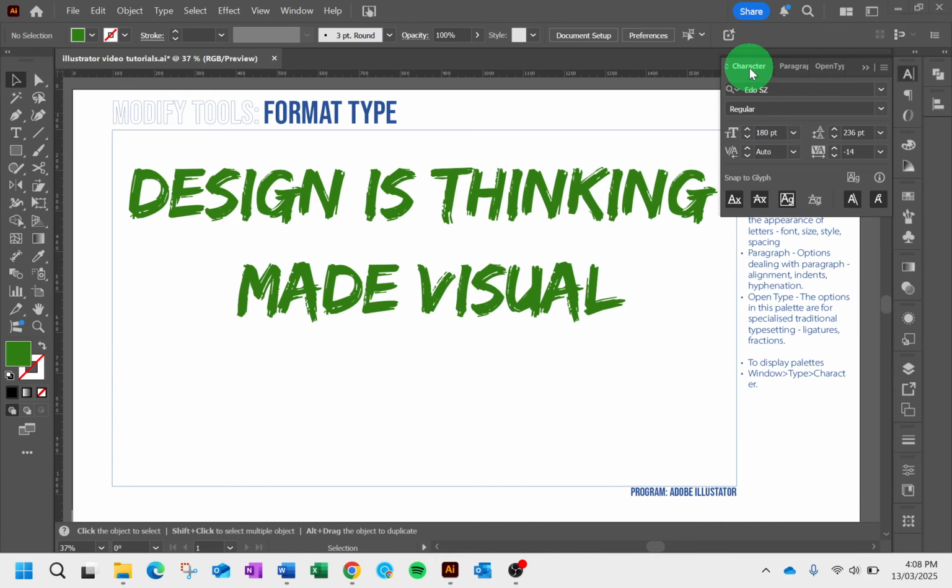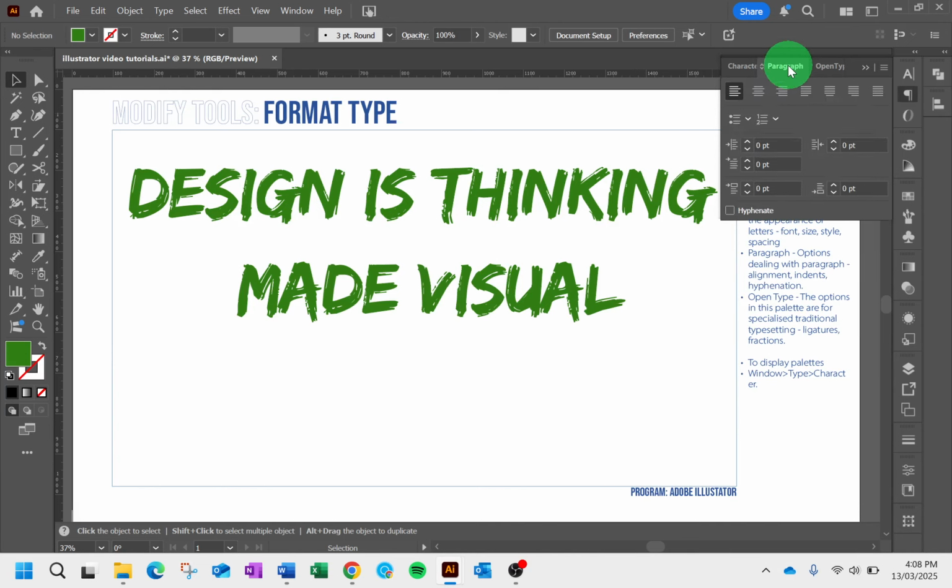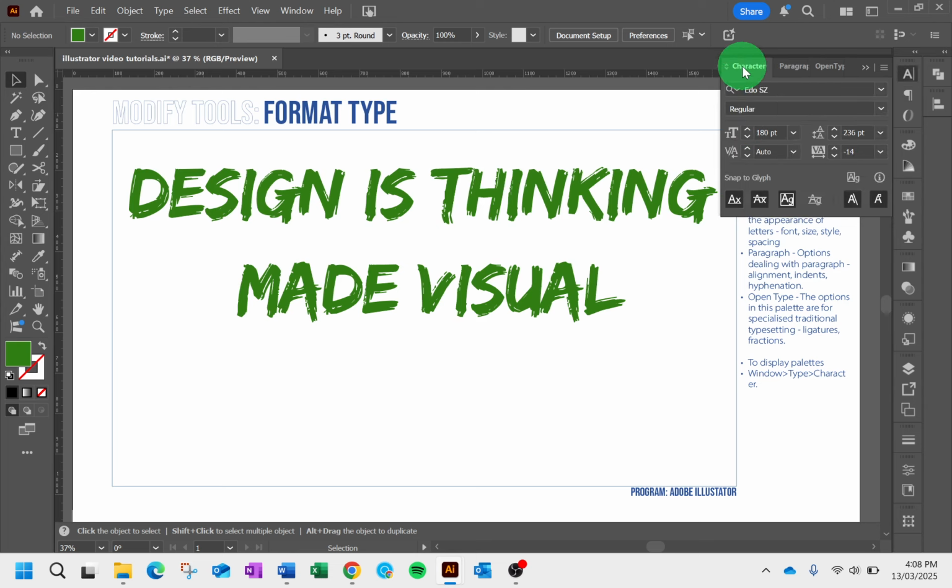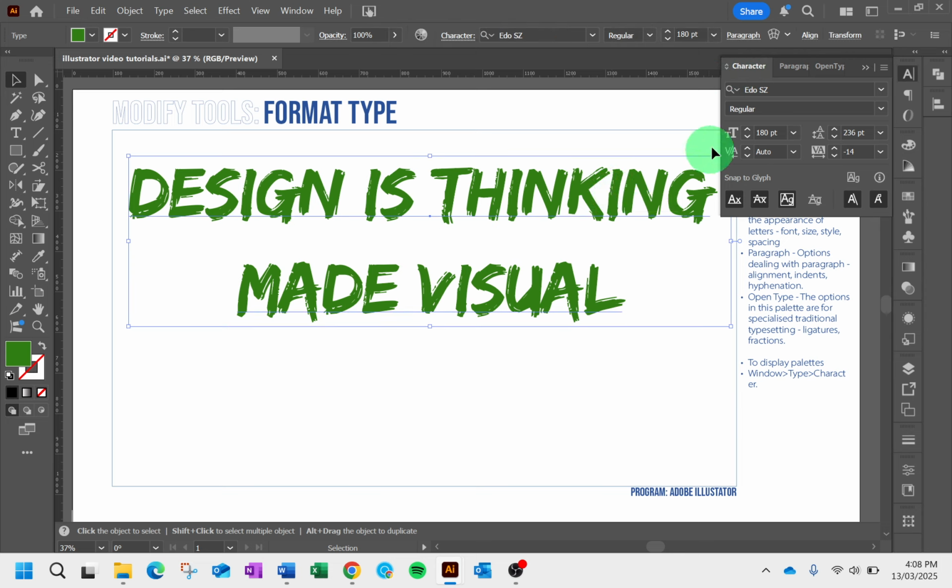And so notice we've got character and paragraphs. So if we want to align it or include hyphenations or any indentations. But predominantly you're going to be playing around with character. Selecting some text or creating some text, changing the font, changing if it's bold or italicized. Some fonts won't have that available. And then changing the point size, so the overall size